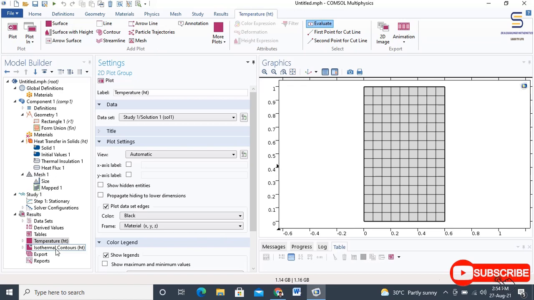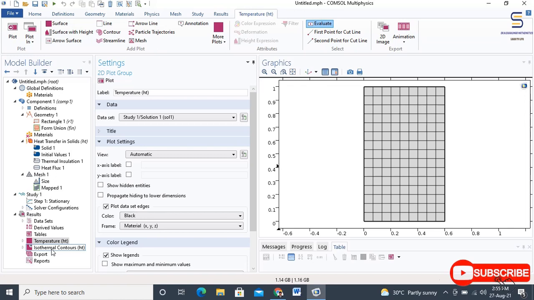Now, in the results for the temperature HT, the first default plot group shows the temperature field compared with figures. In the data sets, the benchmark value for the temperature at x equals 0.6 meter and y equals 0.2 meter is 18.25 degrees centigrade.